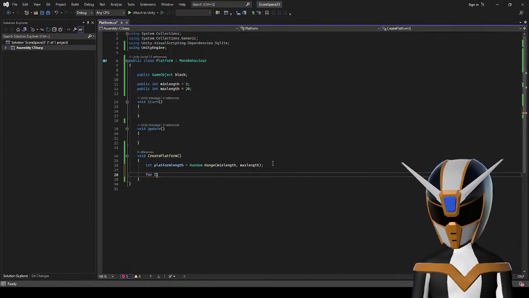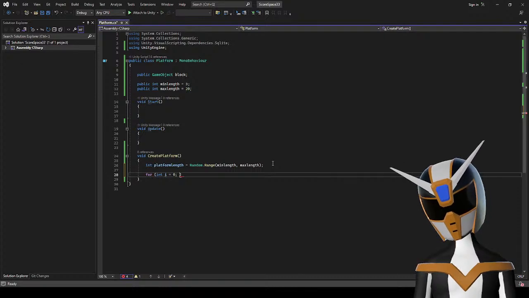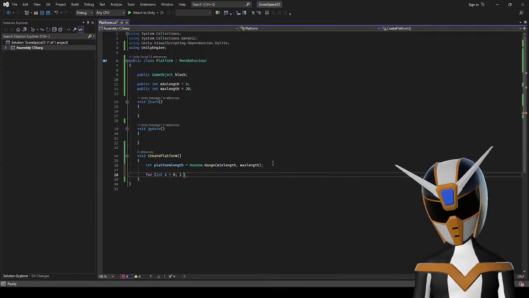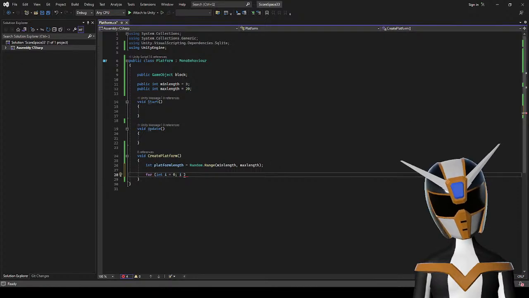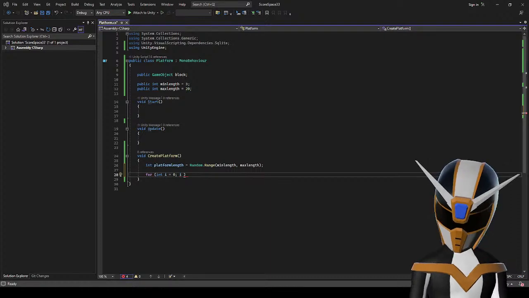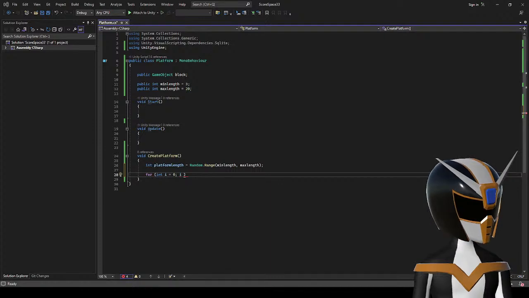For int i is equal to 0. I always forget how to do for loops, if it's supposed to be less than or greater than. I forget every single time.